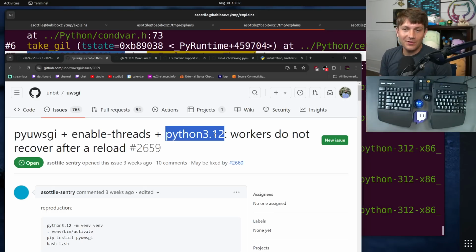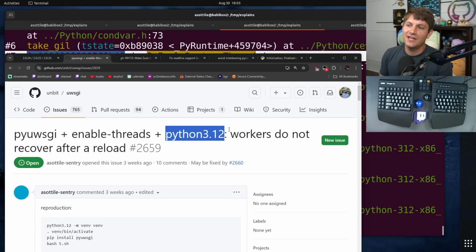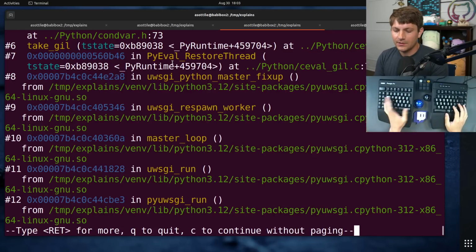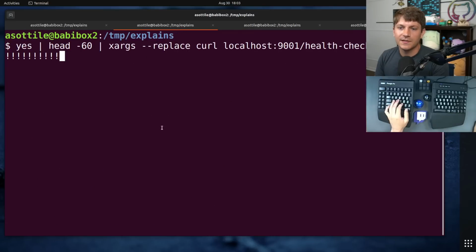I've actually done a couple of videos on bisect in the past, one on bisecting a bug in Node.js, and another that just sort of introduces bisect in general. And so I will link those in the description. But spoilers, I went to bisect CPython to figure out when this behavior changed. Maybe it's a bug in Python, maybe it's a bug in uWSGI. I didn't know, and I wanted to figure out more about the bug and hopefully lead me down the right direction towards solving this. So what I did from here, actually, let's quit out of GDB here,